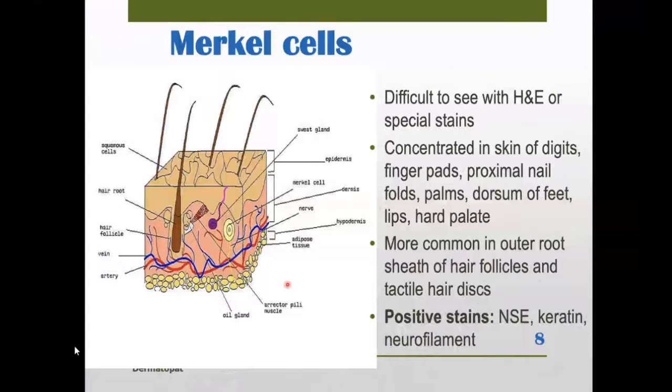So there are other cells which are called the Merkel cells. It is difficult to know where they are on hematoxylin and eosin stain. So for us, we use immunohistochemistry to identify the Merkel cells. Also, there are types of neuroendocrine cells in the skin, and a carcinoma arising from these, we call it Merkel